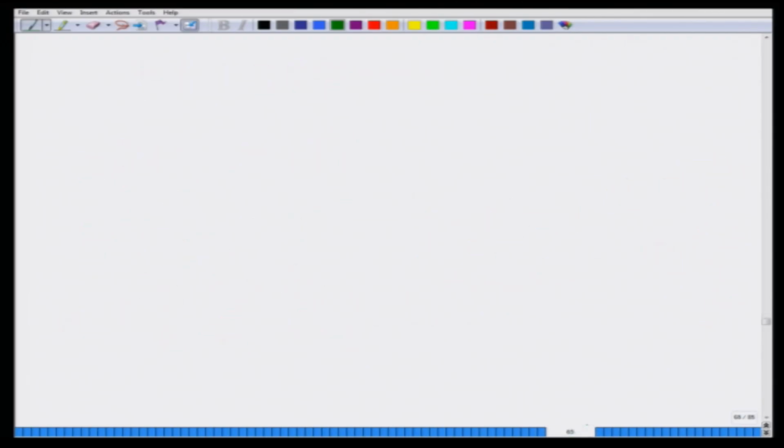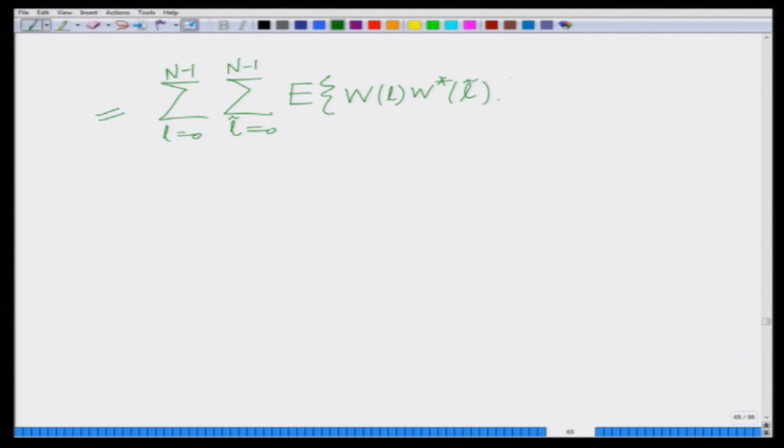Therefore, I can simplify this as the double summation of the expected value of w_l w conjugate l tilde times e to the power of minus j 2 pi k l minus l tilde divided by n,